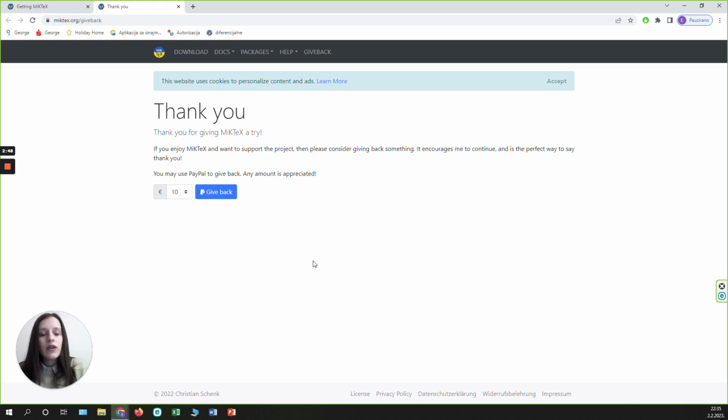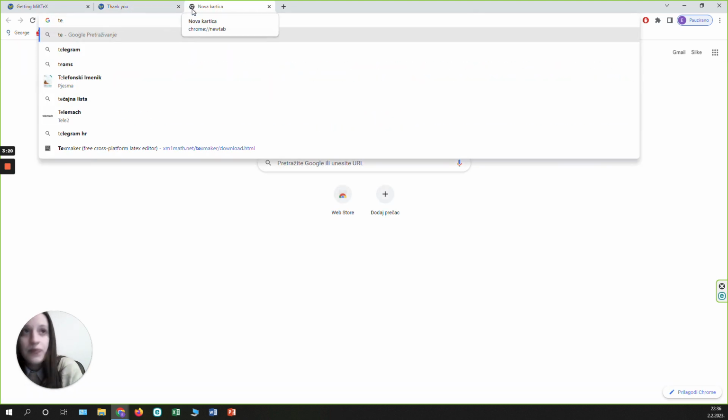For the text editor, there are a lot of options. Actually, you have one already installed on your computer, because there's one which is installed when you install MiKTeX right now. That's TeXworks, but I think maybe more user-friendly is the one we are going to install now. And this one is called TeXMaker. There are a lot of text editors, but let's go with TeXMaker for now. So let's write TeXMaker,